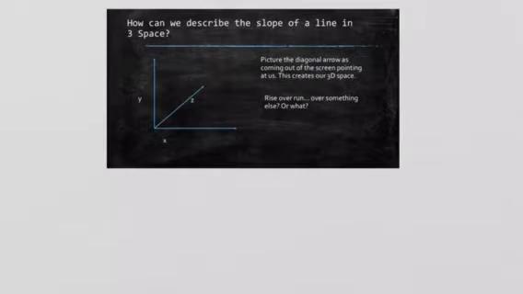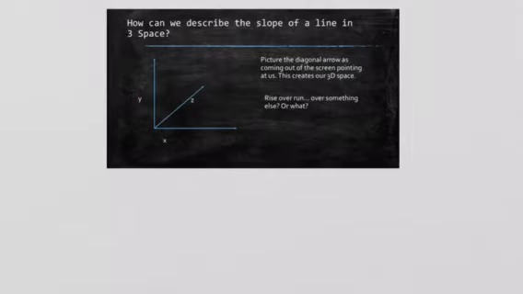So in calculus, we talk a lot about slope, which in two dimensions we think of as being rise over run, or change in y over change in x. But what we're going to introduce in this unit is the idea that there could be a three-dimensional axis where we have an x, a y, and then a z, which you should picture as pointing out of the screen, coming out at you. So how can we talk about slope now when we have three different dimensions that we're